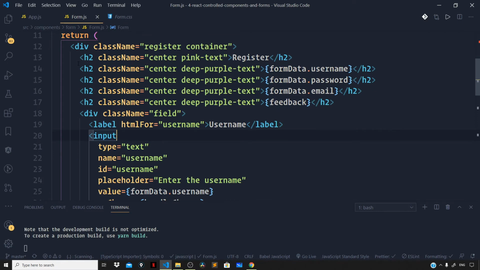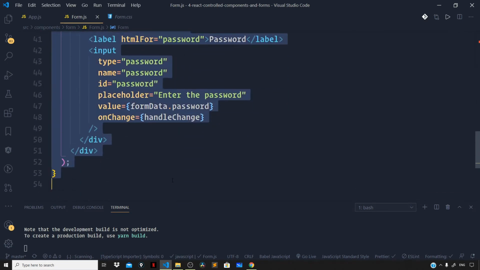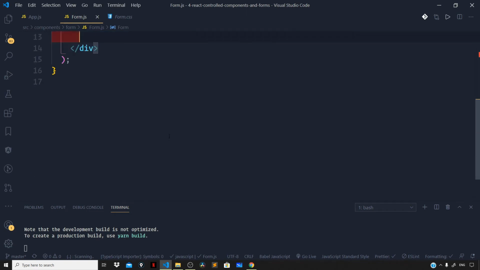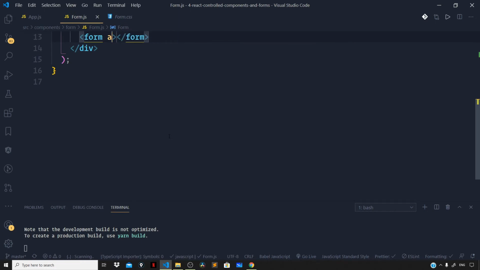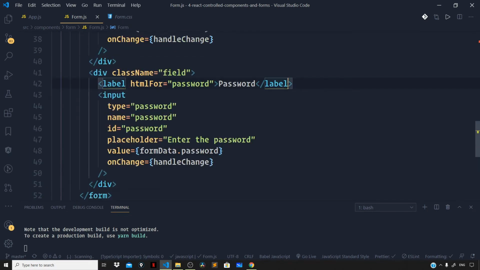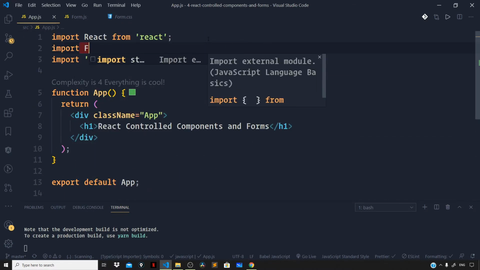Also, one thing more, whatever we have in this div tag should go inside the form. So let me cut this out first and add a form tag and give this a class name of card-panel. So card-panel. So now in order to see how our form actually looks like, let us import this component in our app component. Import Form